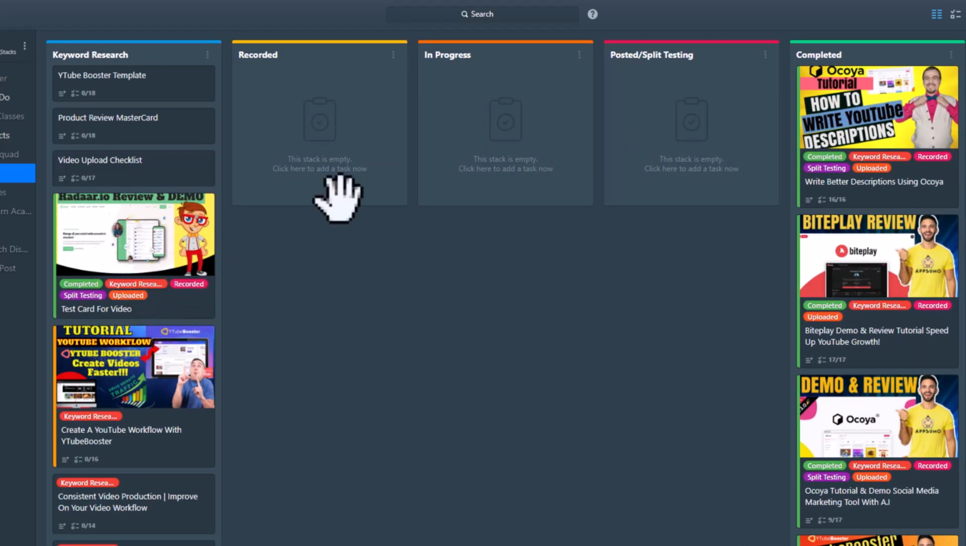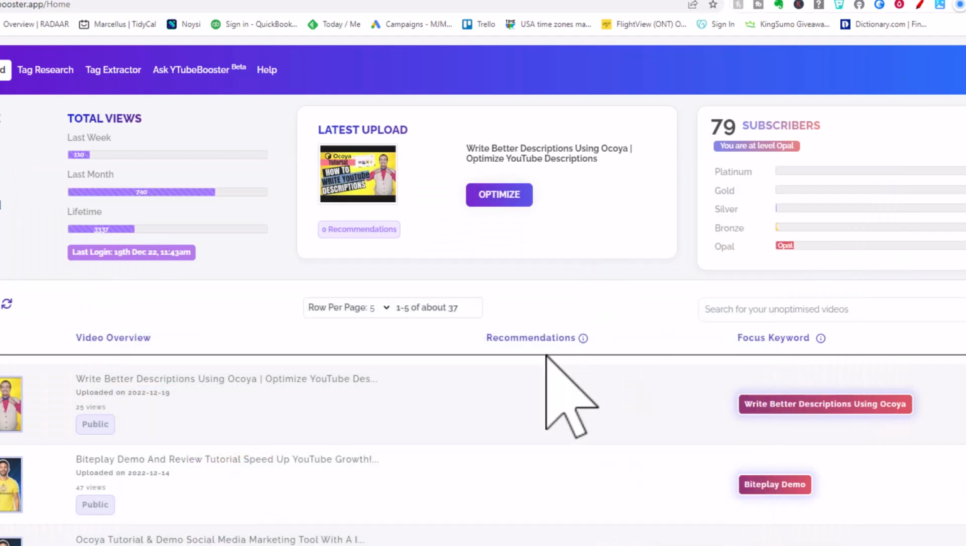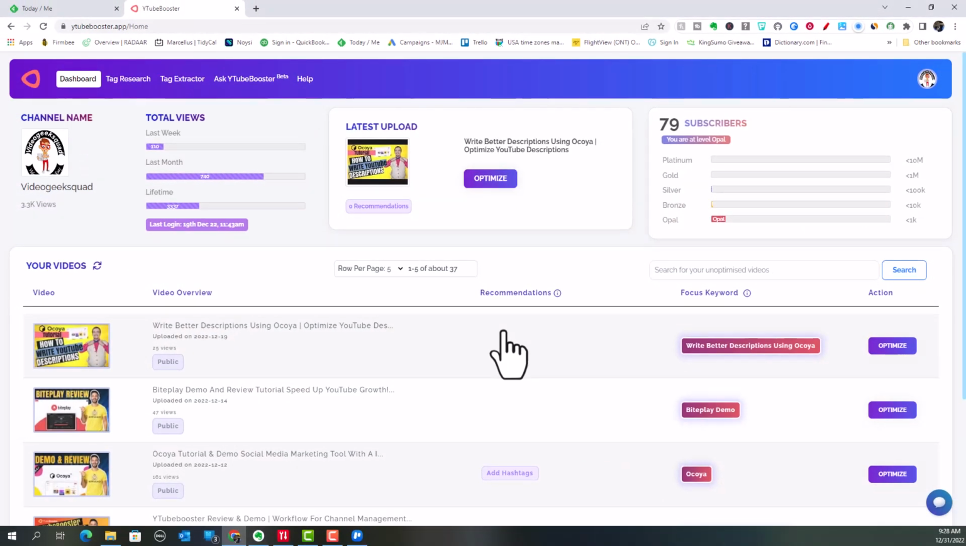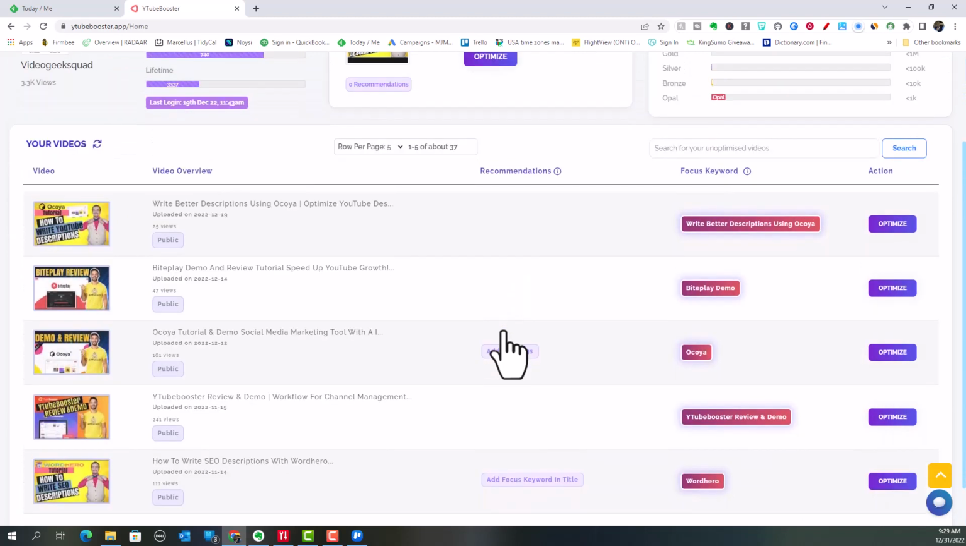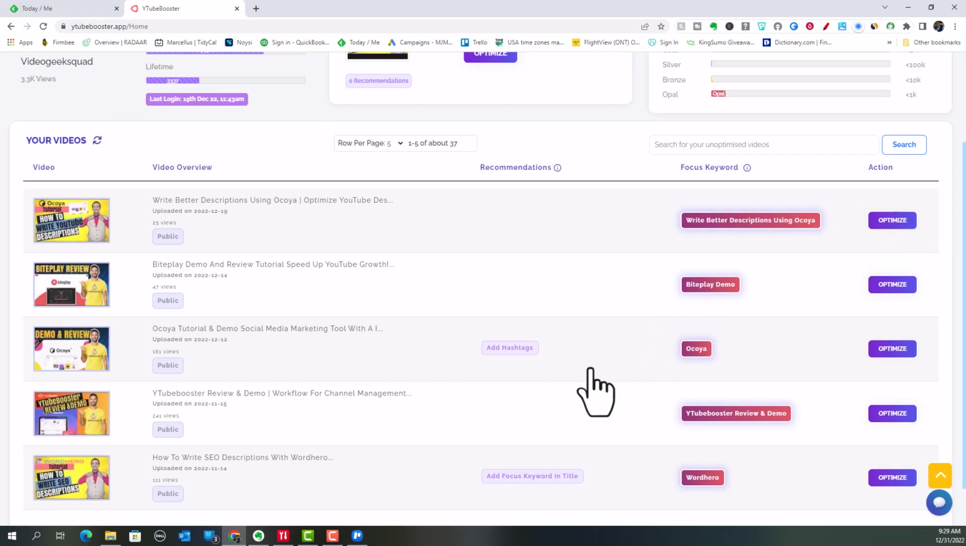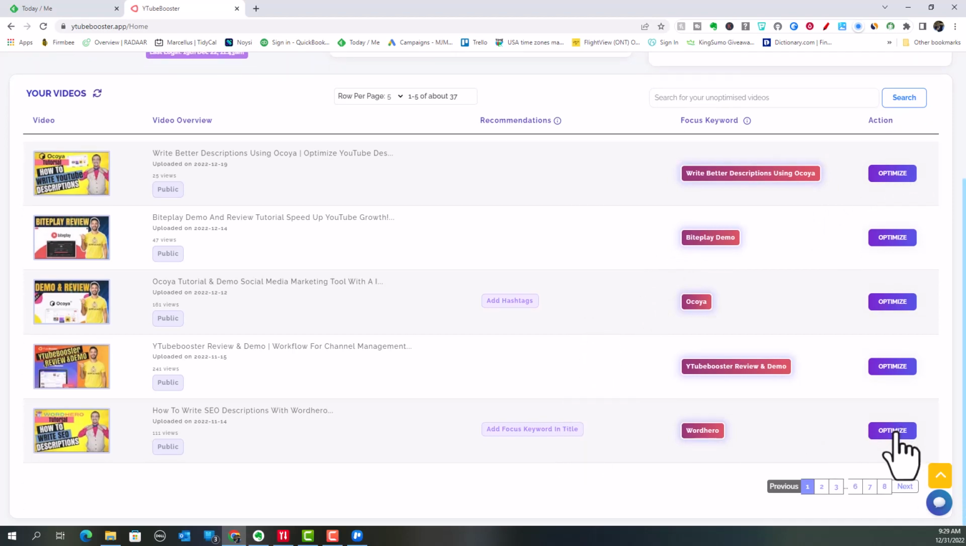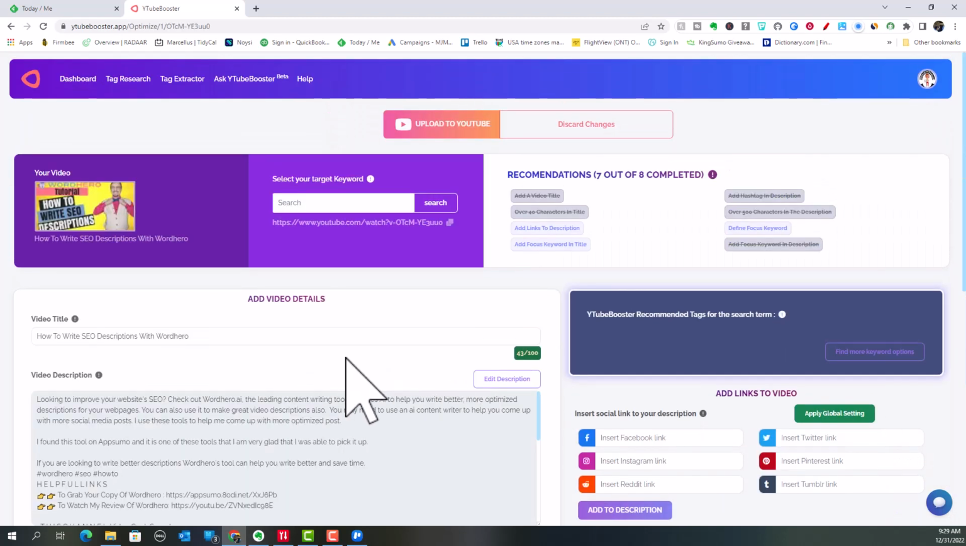Now, how do you do this with Ytubebooster, and how does this help? Well, the thing about Ytubebooster that's okay and that I like is that if you're going to optimize a video, let's use this one. You see it says I needed to add a focus keyword. It says inside of the title, which I don't even understand how that could be. But anyway,